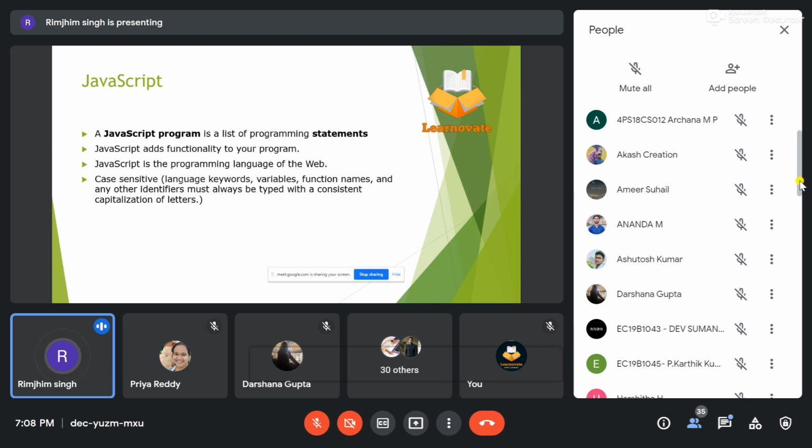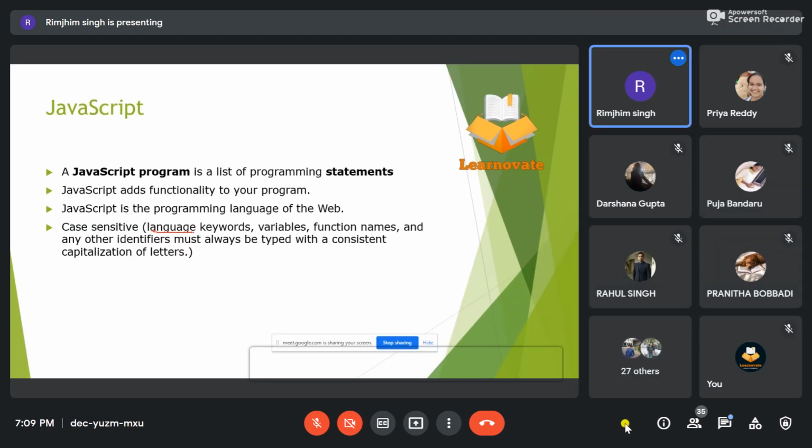Case sensitiveness: language keywords, variable and function names, and any other identifiers must always be typed with consistent capitalization of letters. For example, if I'm declaring a string method, what actually a string method is, for example here I have a string. And then if I have to declare a variable, for example if I'm declaring